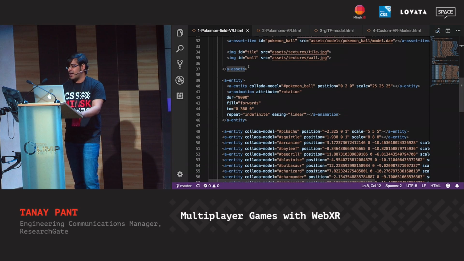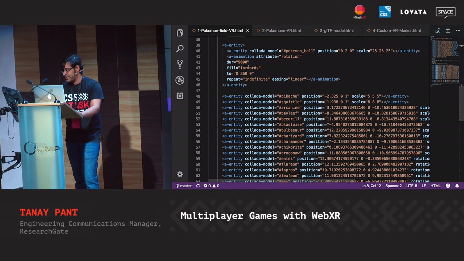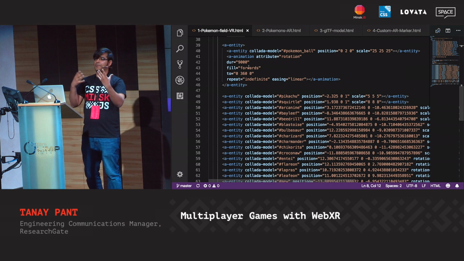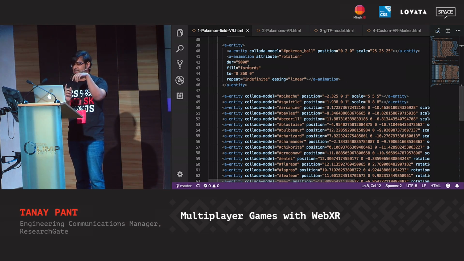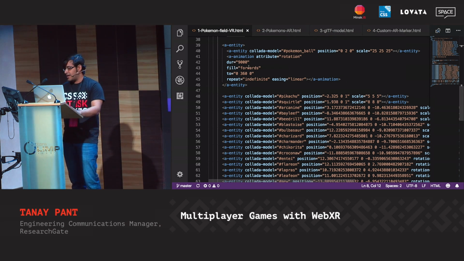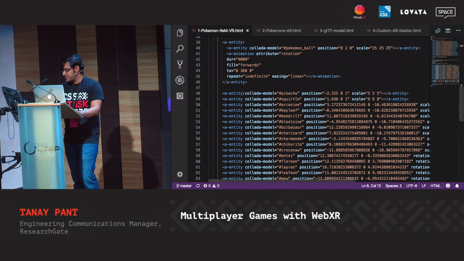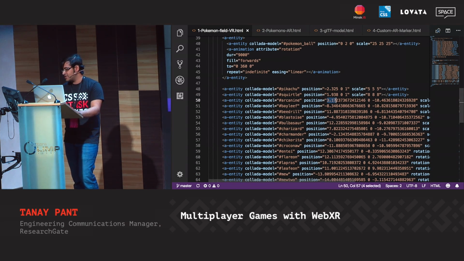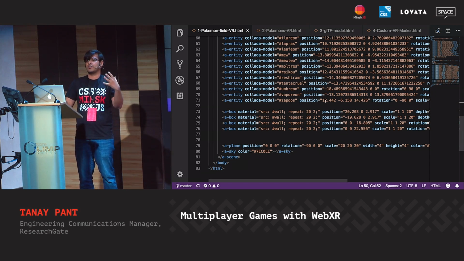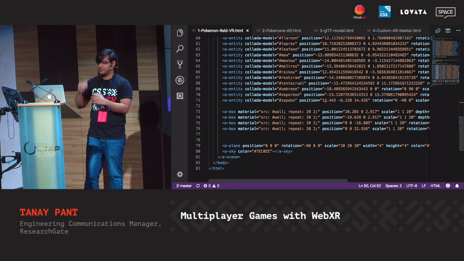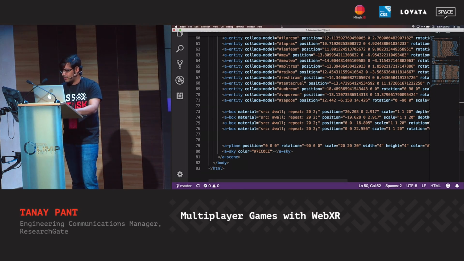And then we start to add all these entities and position them. So first of all, I have added a Pokeball, and I have also added an animation so that it rotates about its central axis. And we start by putting all the different Pokemons all over the scene. And if you see things like 3.1737, don't worry about it. I'll tell you how to do that later on. This is not manual. And finally, we add the plane where all these objects are situated and add a color to the sky. Let's take a look at what that gets us.